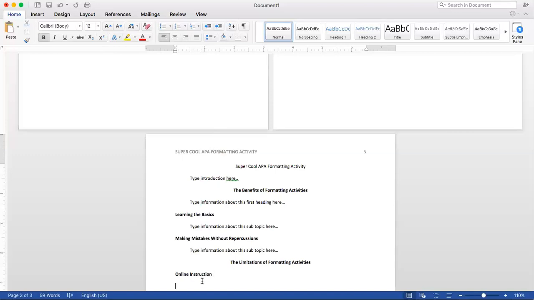Now, let's say we want to have a level 3 heading. According to your book, level 3 heading is indented, and it is also sentence style or sentence case. So we're moving away from that title case. So we're going to indent here. So one of the limitations of that online instruction for formatting activities is instructor presence, or let's say lack